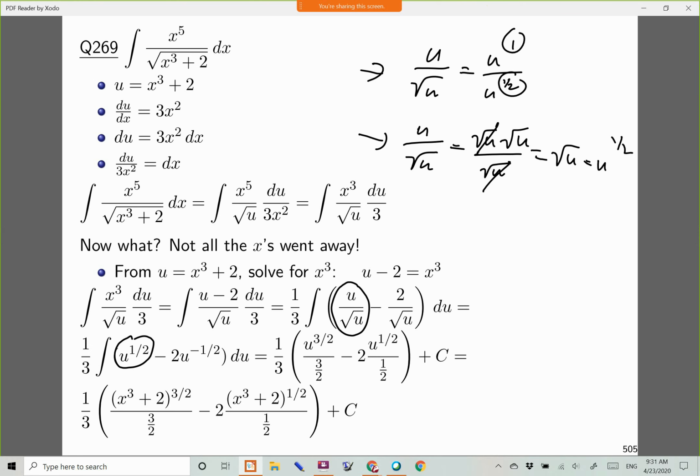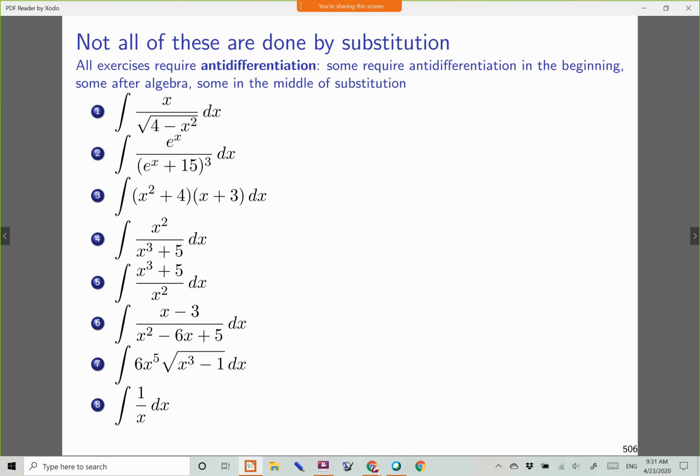So what I'd like to do, there's not a whole lot of time left, is I'd like you to look at these. Sorry, they're kind of scrunched together. But this is a mixed collection of integrals, so not all of these use this substitution. Some of them you're going to do a u equals. Some of them, if you do a u equals, you're just going to get stuck. So some of them you've got to do a little algebra first instead, and then you've got a bunch